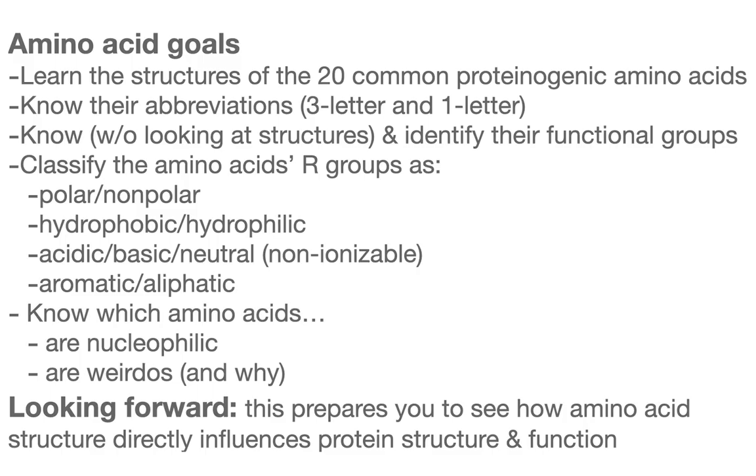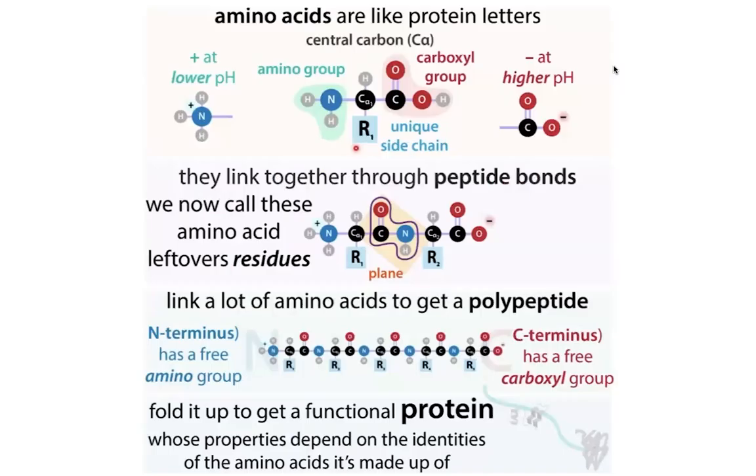All of this is going to prepare you to see how the amino acid structure directly influences the protein structure and function. Basically, these amino acids are all going to link together through these amide bonds we call peptide bonds. When these amino acids are incorporated into a chain, what we used to call an amino acid, we now call it a residue. You get this long chain of amino acids, and that's going to fold up to make a